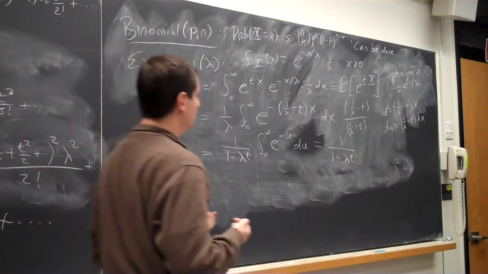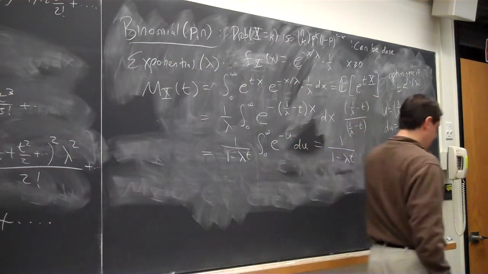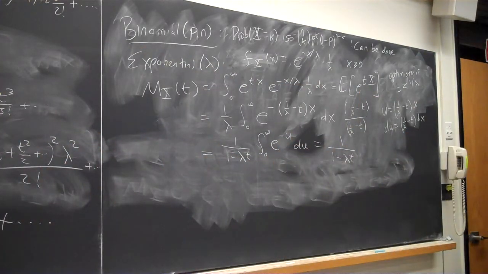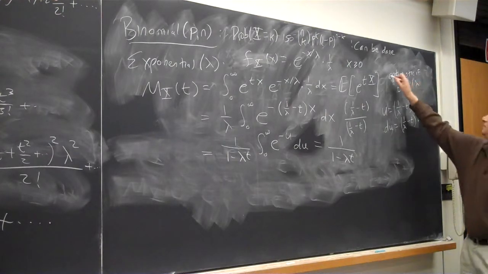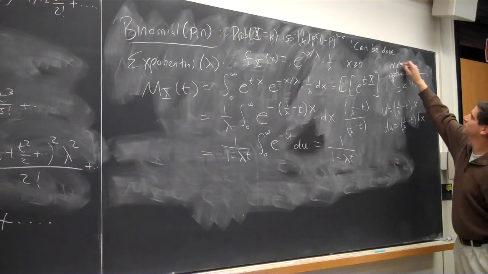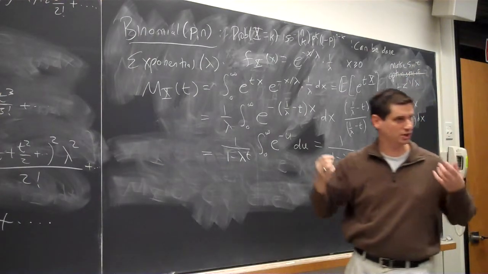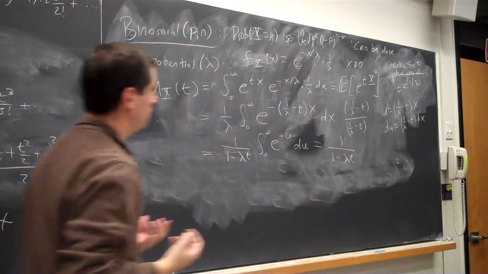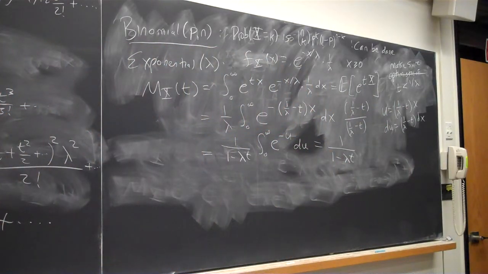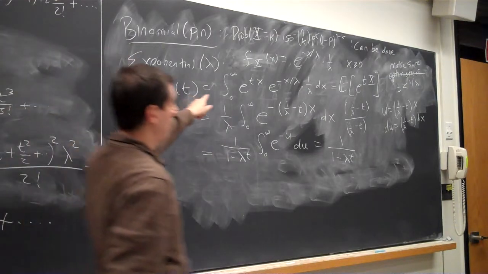Haven't we already constrained our t though? Depending on whether or not we formally constrained ourselves, yes. I wrote here just optimistic. So we should say, make sure. So we'll bump it up to a commandment. Thou shalt not take t greater than or equal to 1 over lambda, or this integral has no chance of